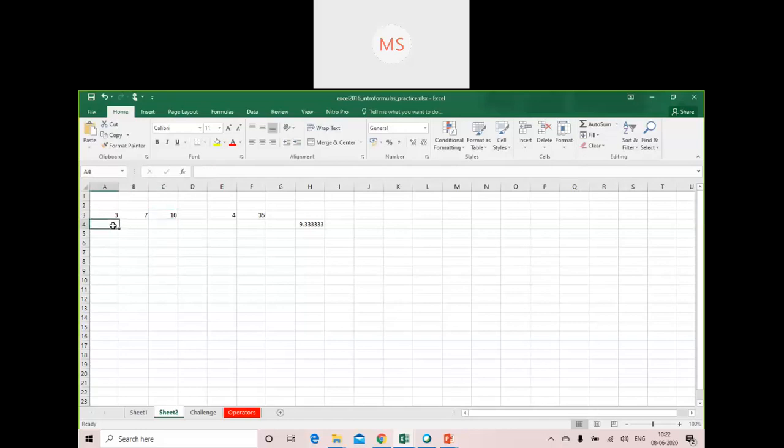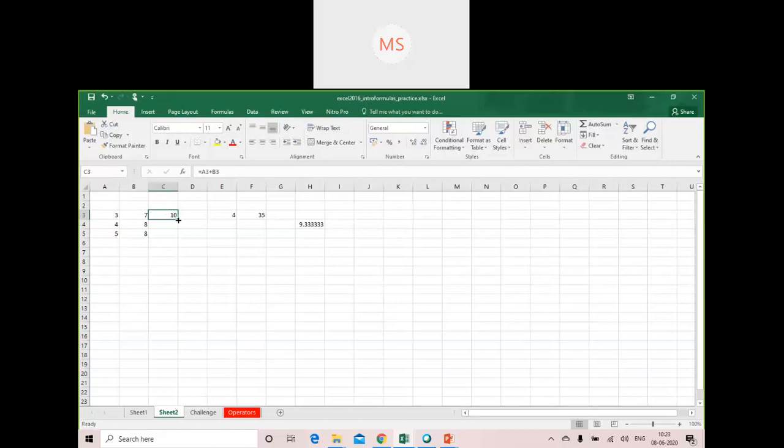Now, suppose I am writing here 4,485 6, and I want to use the same formula in all these two rows. What I can do is simply select this particular result cell, C3, and take my mouse to the bottom right corner of that cell.